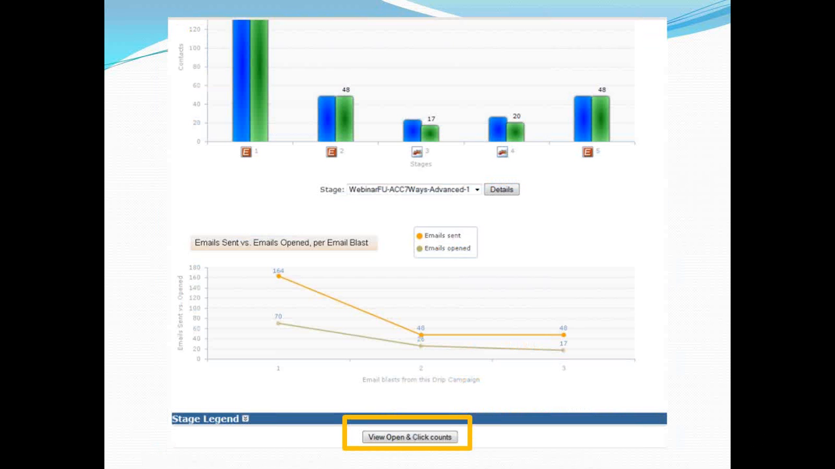There are a few metrics on the page that immediately pops up. It's not really anything major, but if you want to see a summary of what's going on, you can see how many contacts are in each one. But the report that we want is at the bottom, where it says View Opens and Click Counts. So if we click on that,